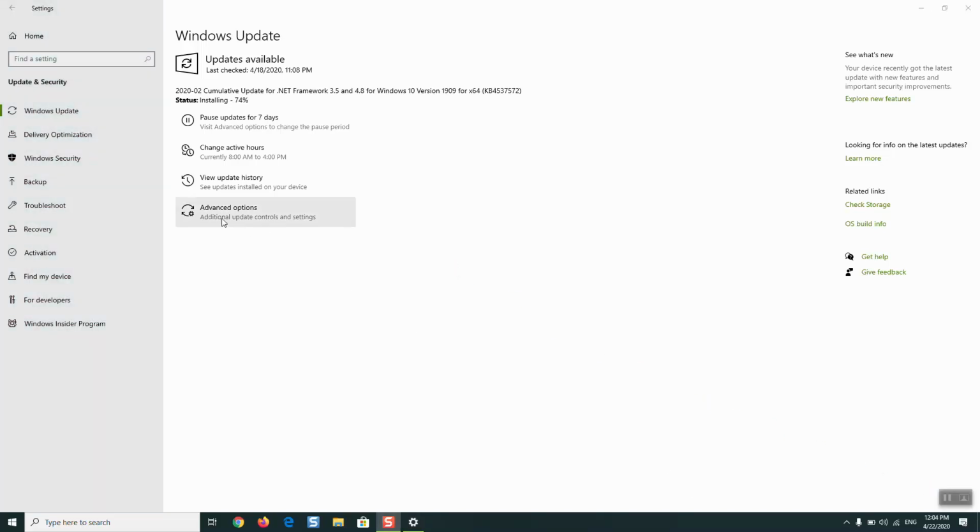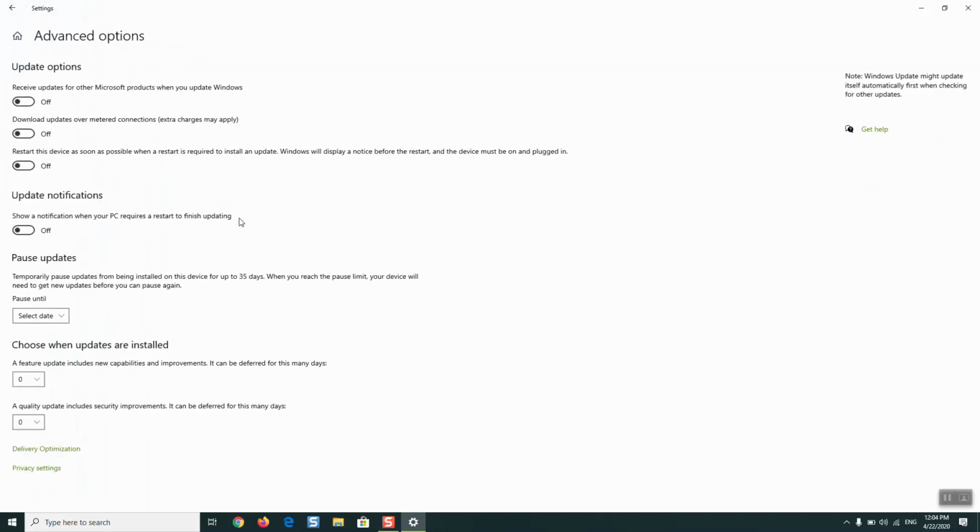So you will need to click on advanced options. If it still doesn't work for you, you might want to select receive updates for other Microsoft products. And also you want to select show a notification when your PC requires a restart to finish updating. And once completed, you would like to make sure that you are connected to the internet and try to update